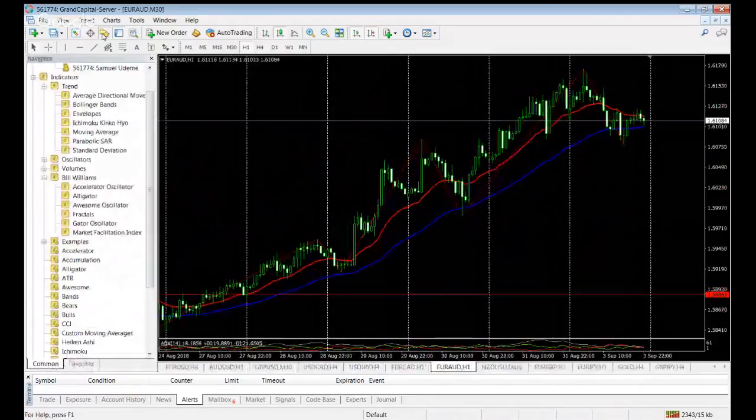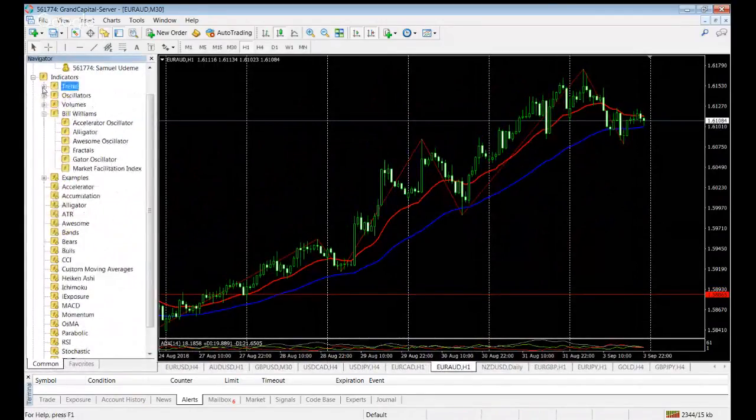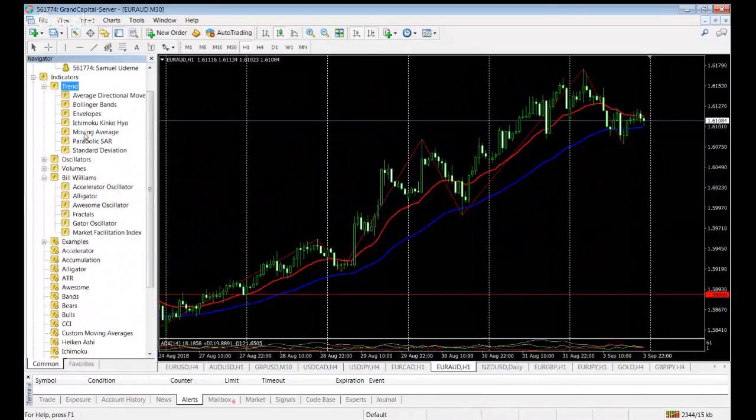You simply come to this area. So let me go back again. You click on the trend, you see a trend. So you double click on it, then you set your values. So you can set as many moving averages as you believe can make your